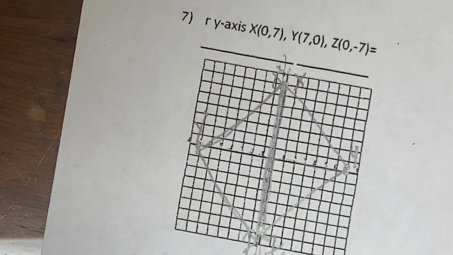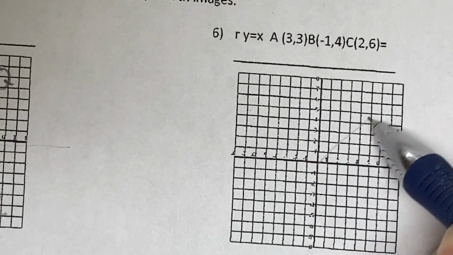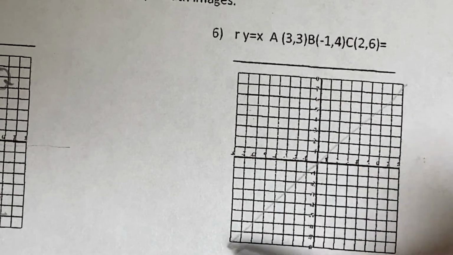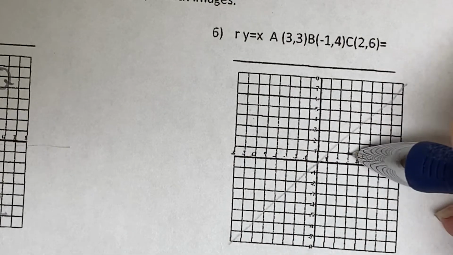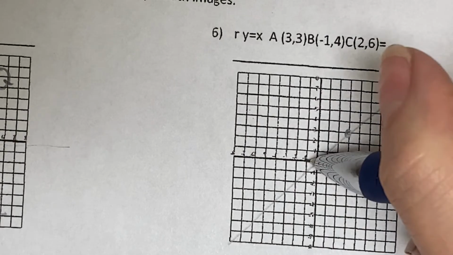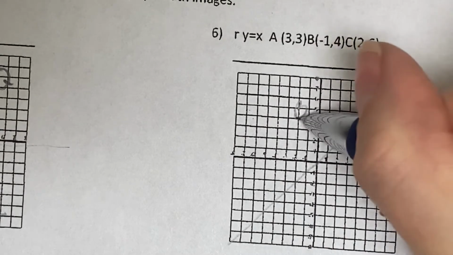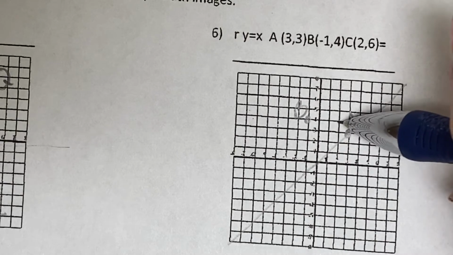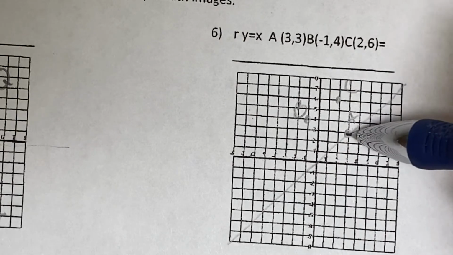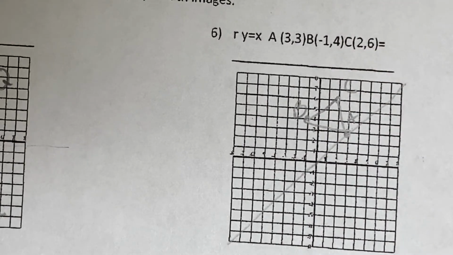Okay, and then we have the other common thing that we reflect over, which is y equals x. Y equals x is this line here. So let's graph our original point, 3, 3. Nope, that was A, B. And C is at 2, 6. So we have this triangle, and if we're going to reflect over this line, the trick to remember when you're